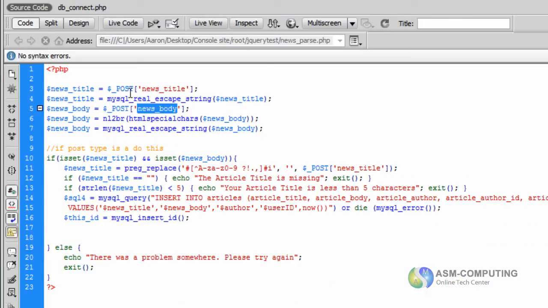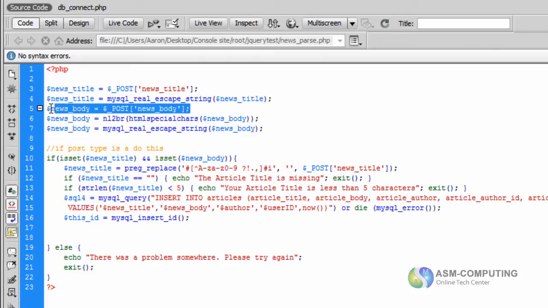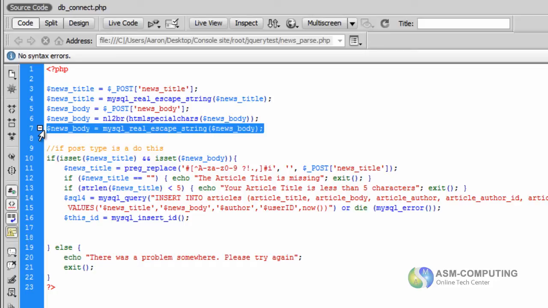So we're going to post the news title, and then put a MySQL real escape string, which will clear out any unwanted characters in there. And again the same on the news body. On this one we're also going to put an NL2BR, which adds a line break.